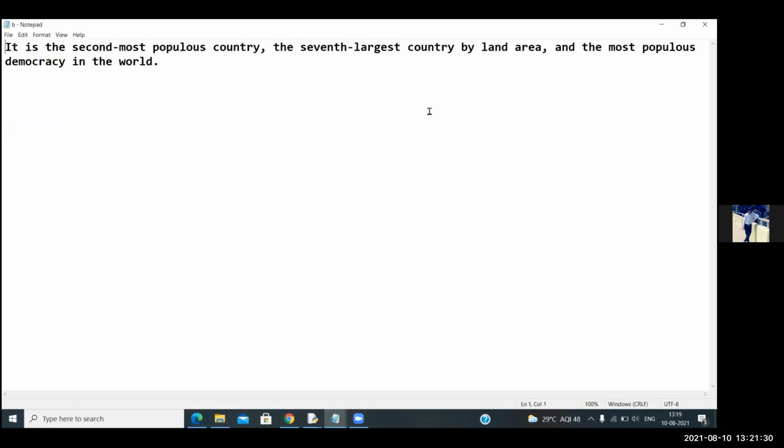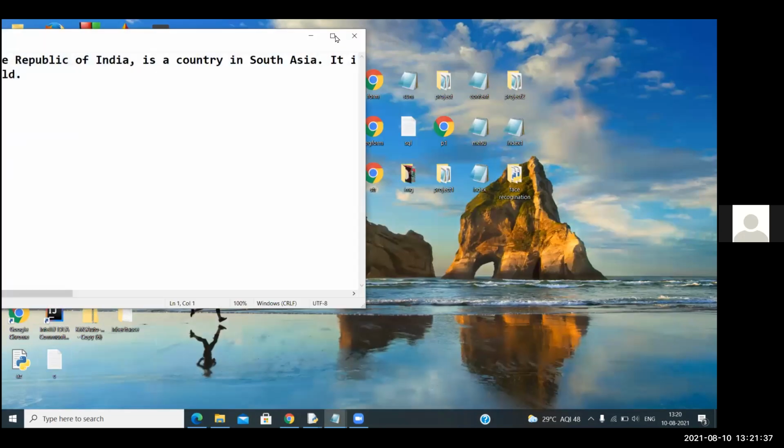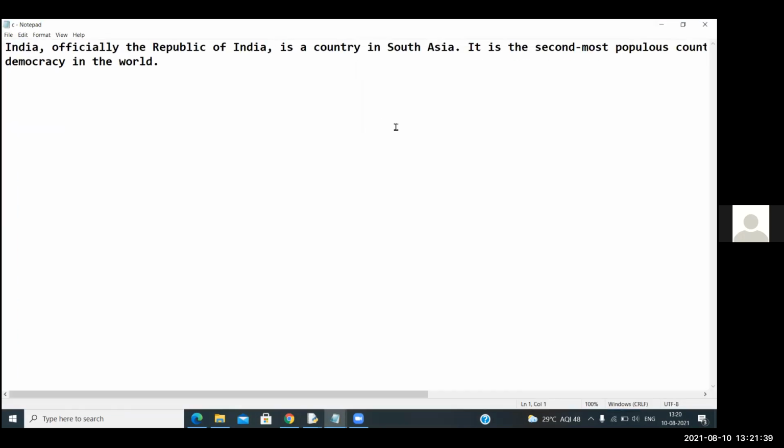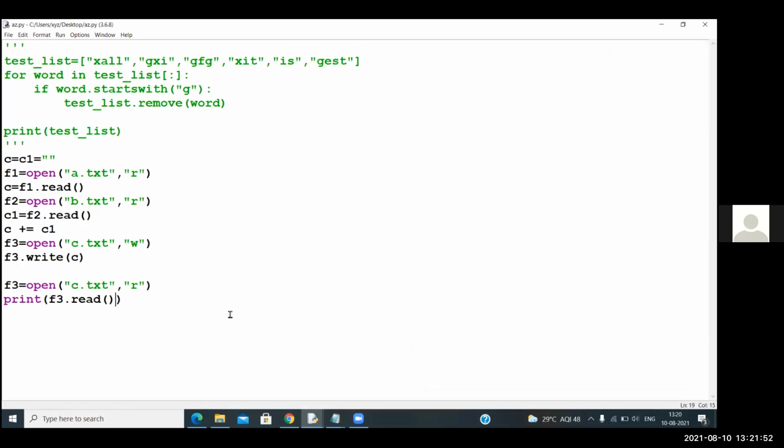And whatever files we have created are in your desktop. Yes, sir. Okay, fine. So you have simply used the open function, not using the with function too. Yes. Just simply opening with the open function and read. Okay, this can also be done, not any issue.